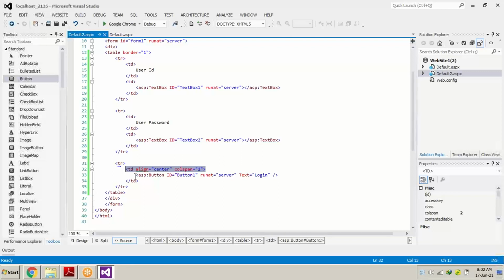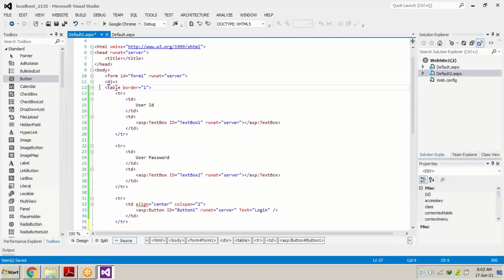To expand this one TD into two, we have expanded the column into two with colspan 2, and alignment center. If we don't write alignment center, by default the button will appear on the left side only. So this is the very small, beginning part of designing any form, the table.